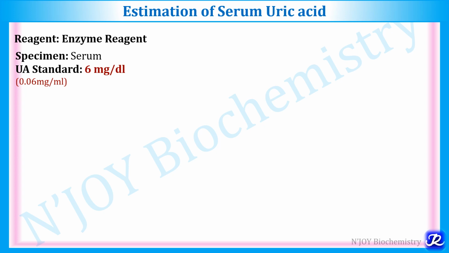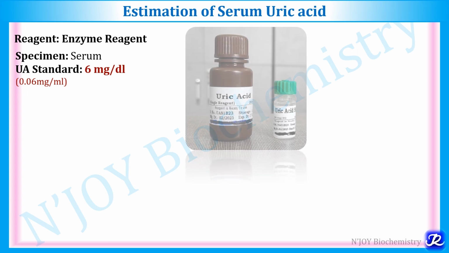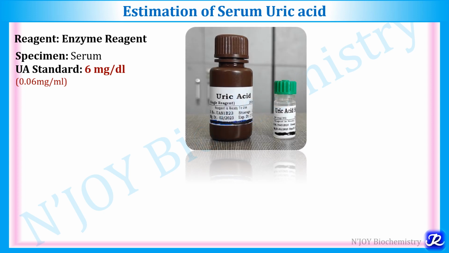Now let's see the procedure. For this procedure we need reagent. So we have a single reagent, that is the enzyme reagent. We have serum specimen and uric acid standard. This is the single reagent of uric acid, and uric acid standard having the concentration 6 mg per deciliter. Why do we use standard? Because standard is a solution of known concentration. So it is like a reference and we can find out the concentration of unknown by comparing this with the